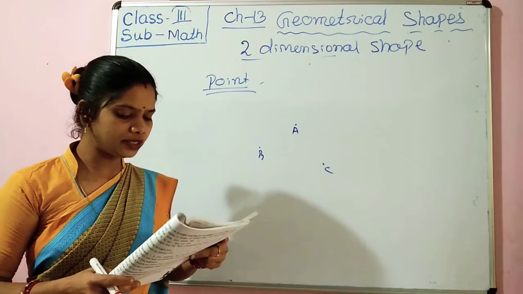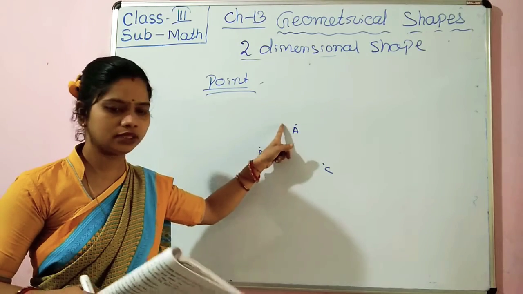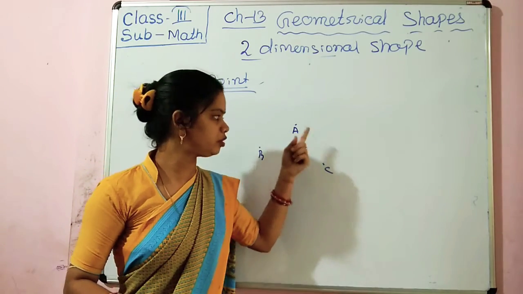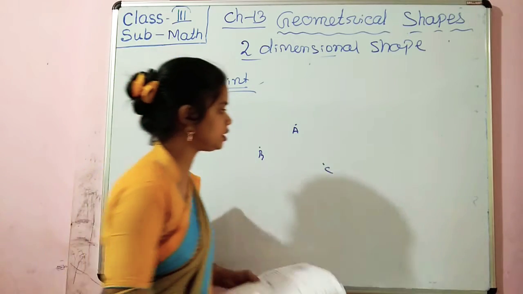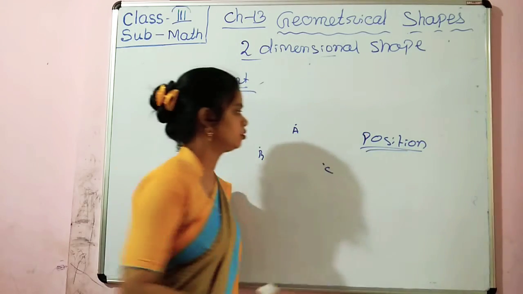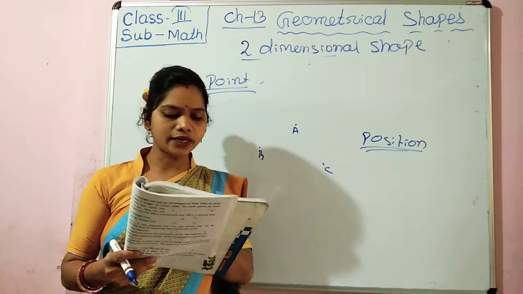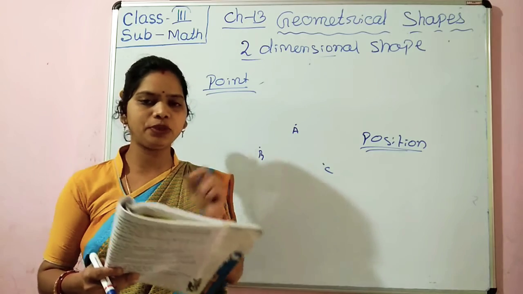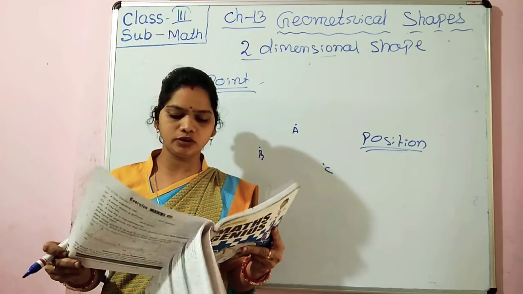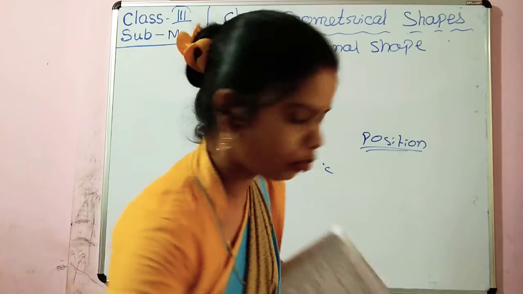Point has no length, no breadth. What length will a point have? No, point has no length or no breadth. Only it has a position. A point, a small dot, has to be drawn very carefully to show the definite position only. Okay. In this way, you have to complete exercise 13.1 in your book. Then we know about straight line. We know what is a straight line.